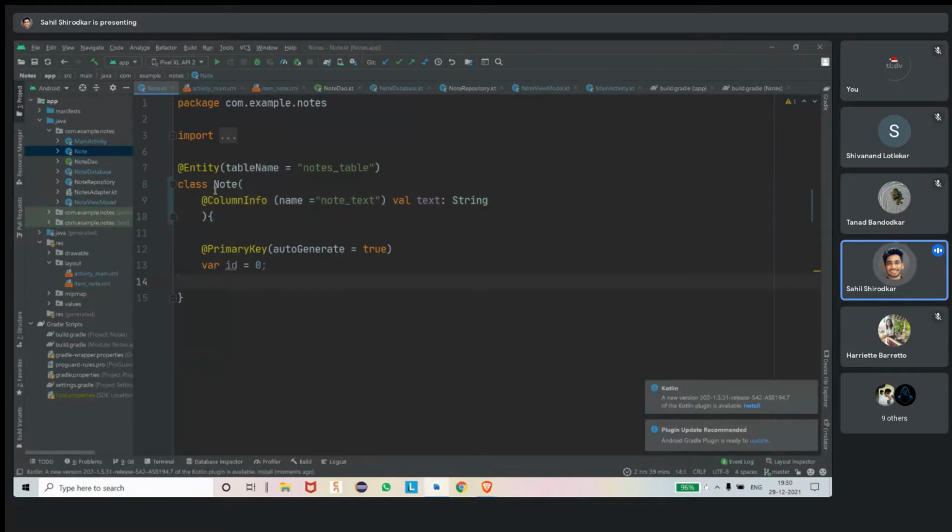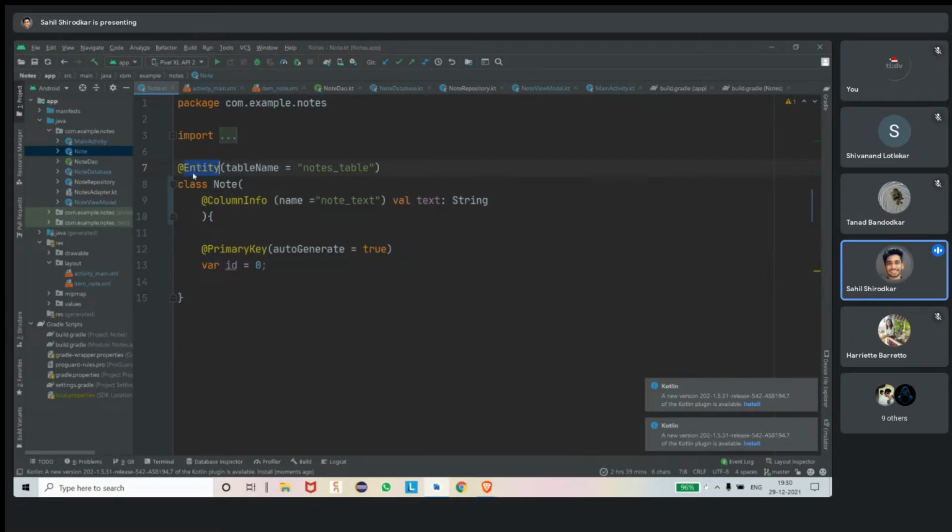We have made a class Note, and I am taking a text as a constructor parameter. Whenever anyone calls Note, he has to give a text which we will store inside the note. And I have given a default name as note text. You just saw that by default it will take the column name as text, but you can give the column name as note text.